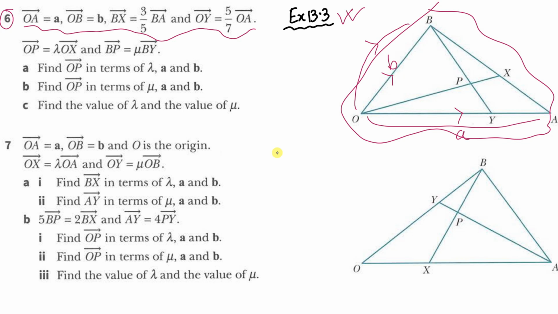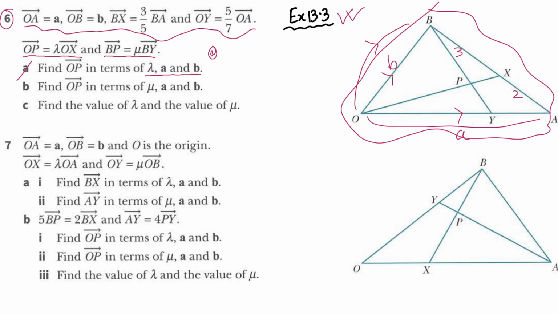3/5 of BA means the BX part is 3, and the BA part is 5. So if you subtract 3 from 5, we get that part: the XA part is 2 here. That is the information, and two other pieces of information are OP equals something in terms of lambda and BP equals something in terms of mu. First question, OP, and the question is asking us to find it in terms